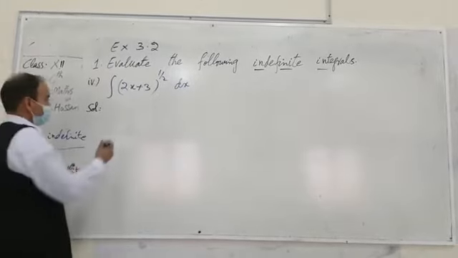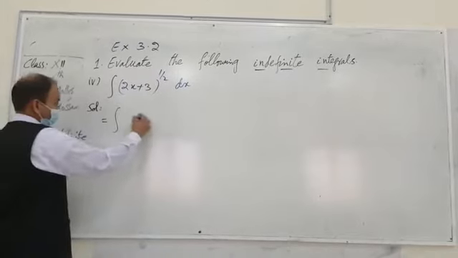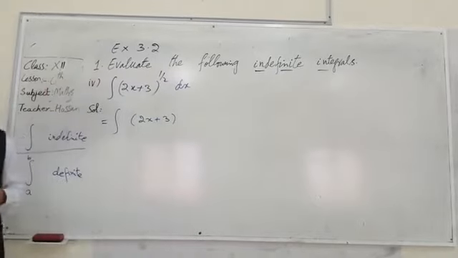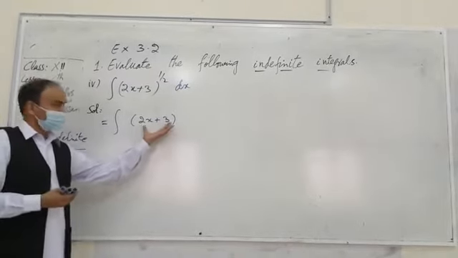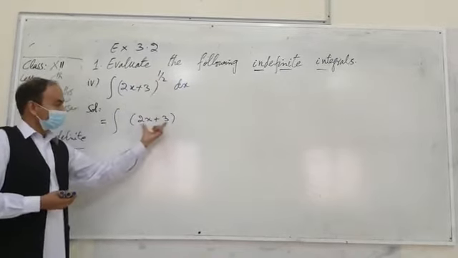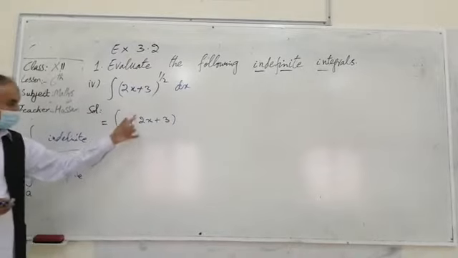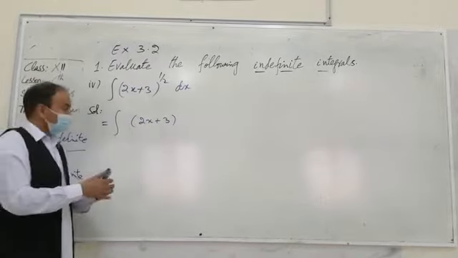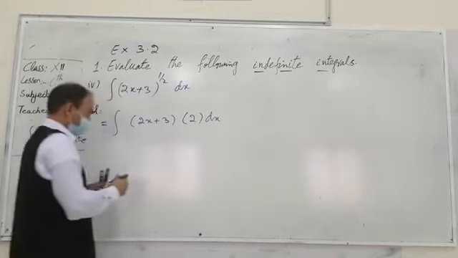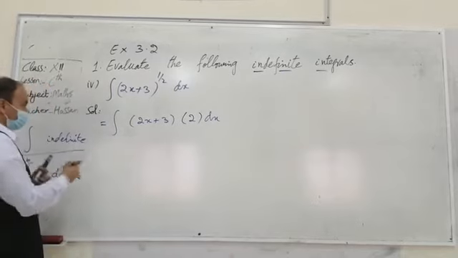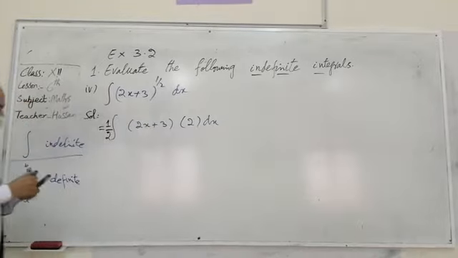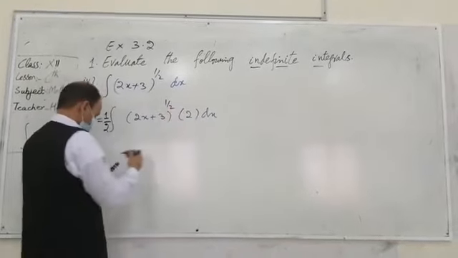Next, come towards how to solve it. Dear friends, we are given the function as 2x plus 3. You all have completed unit number 2, so you must be knowing what is the differential of this without the exponent. Without looking at the exponent, what is the differential of 2x plus 3? You all know that its differential will be 2 and dx. That 2 I need over here, and dx is already available. So to balance that 2, I will divide outside, that means multiplying and dividing by 2, and this is the same as already given.